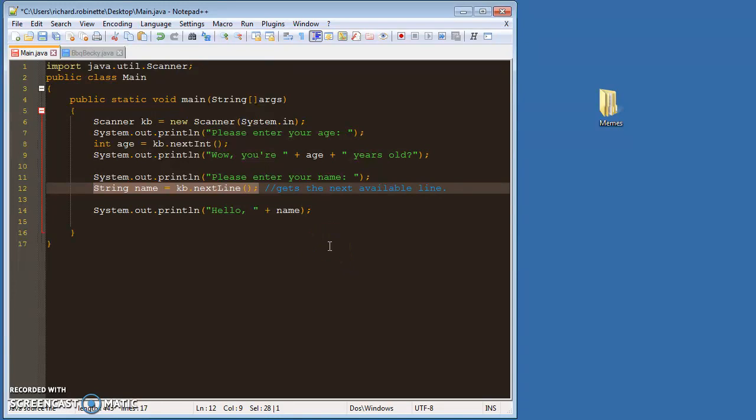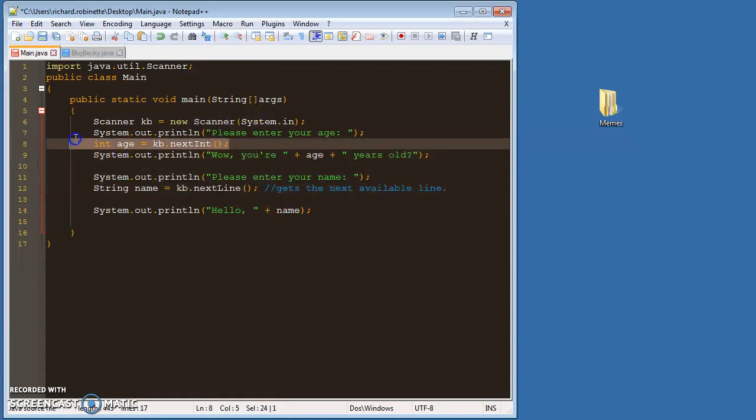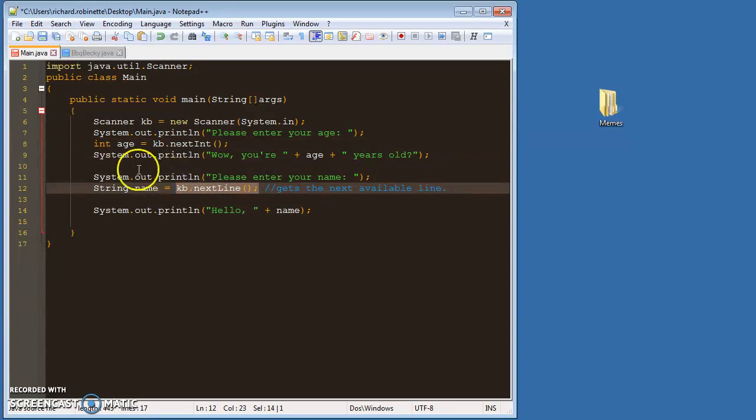It sees that enter input, and it actually thinks that it's done before it allows you to put any other input in, right? So a lot of you guys are getting these next lines, and if it's after a next or a next int, it's going to skip it, right? Because it's already got the enter that it needs. So what you need is just an extra keyboard.nextLine, and what that does is it just eats up the extra return character,